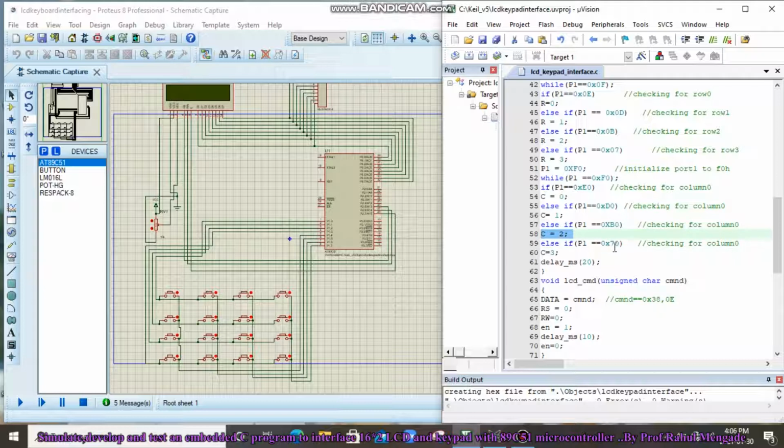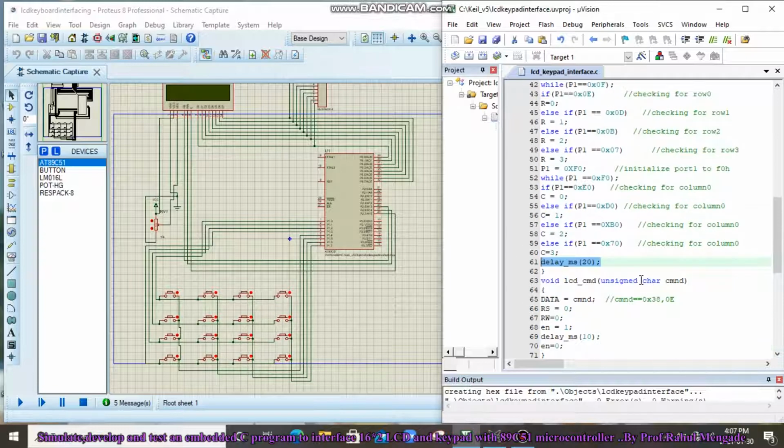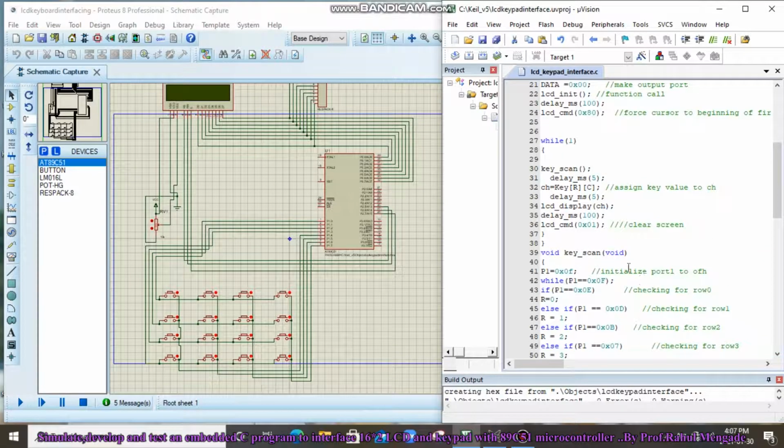If P1 is equal to 70, column 3 is selected, and then a 20 millisecond delay is generated by using this function, correct? That means we will get the value of row and column. Depending on the value of row and column, the program will detect the pressed key. Then again a 5 millisecond delay is generated.